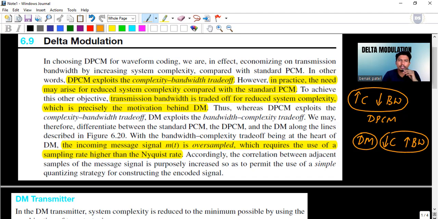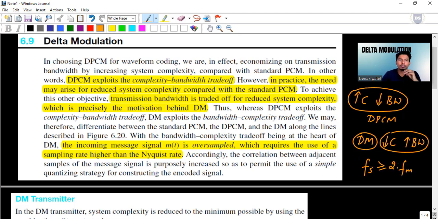In delta modulation, the incoming message signal m(t) is oversampled, which requires the use of a sampling rate higher than the Nyquist rate. We all know the Nyquist rate formula, that the sampling frequency should be greater than or equal to 2 times the maximum frequency component of the message signal.